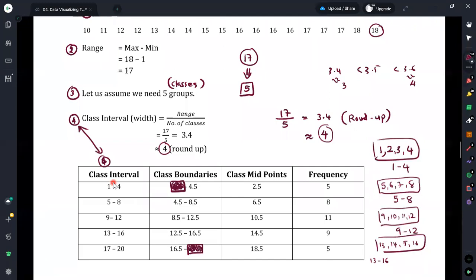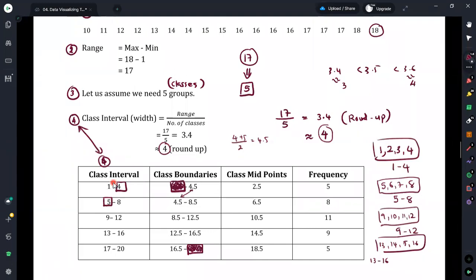To calculate the upper boundary of the first class interval, you can use the upper class limit of the prevailing class, and then use the lower class limit of the next higher class. Therefore, this value can be obtained by adding these two numbers, 4 and 5, divided by 2, which equals 4.5. Therefore, the upper boundary of this class would be 4.5, and the lower boundary of the next higher class should be the same, also equal to 4.5.